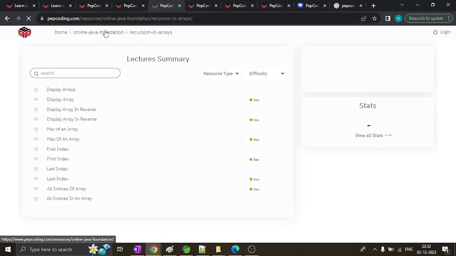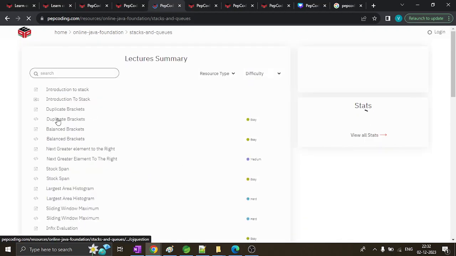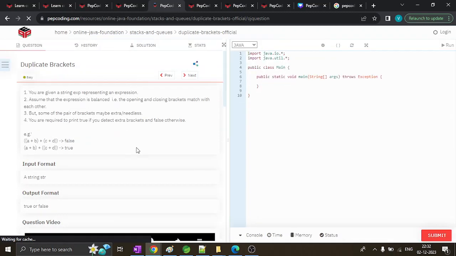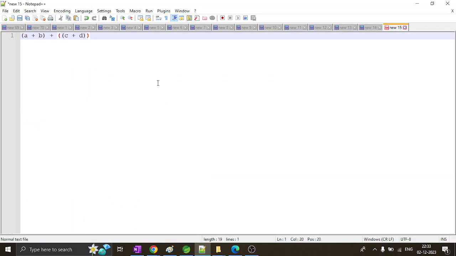Let me go back to the Java stacks and queues module. So we had the duplicate brackets question here, right? You are given a string expression and the expression is balanced, like every opening bracket has a closing bracket. That is for sure. But some of the brackets may be extra or needless. So like these brackets, they are extra or needless. How did we approach this solution? So what we did was we had this expression, let's say,